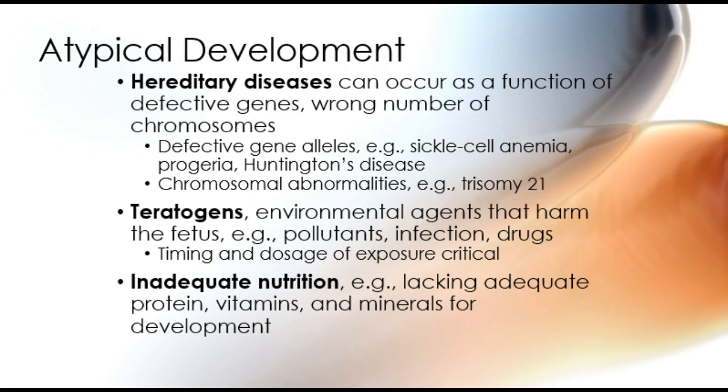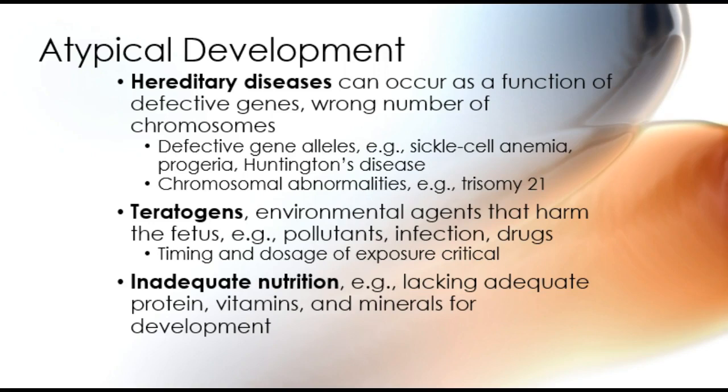In recent years, the gene responsible for Huntington's disease has been identified, okay? And then we have sickle cell anemia and progeria that are caused by defective gene alleles. And occasionally, a zygote will form containing too many chromosomes or too few, usually because of problems in the production of either the ovum or the sperm. Such zygotes don't often survive, and when they do, the individuals usually have multiple physical or mental